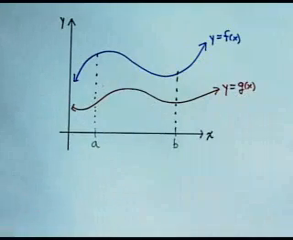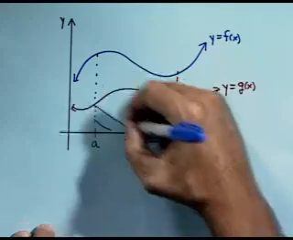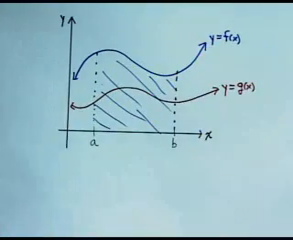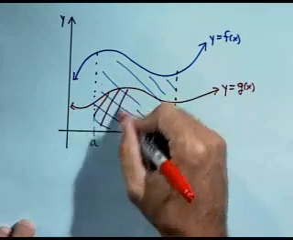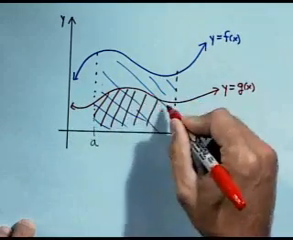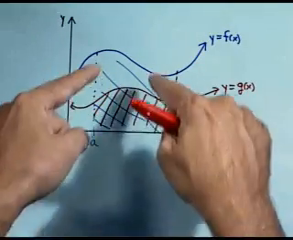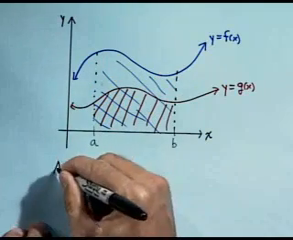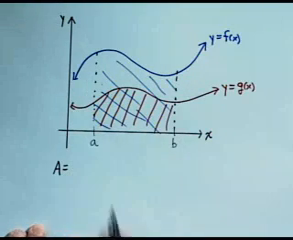If we were to take the area under the curve of y equals f of x, so we'll take all of this area, and then subtract the area under the curve of y equals g of x, we will be left with the area bounded between the two curves. In other words, the area bounded by these two curves, the area between the two curves between a and b,